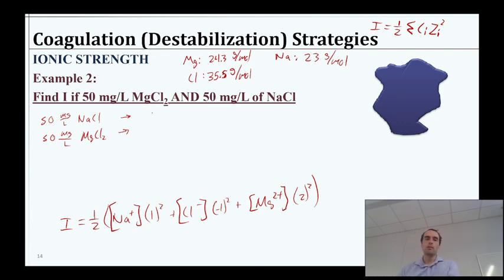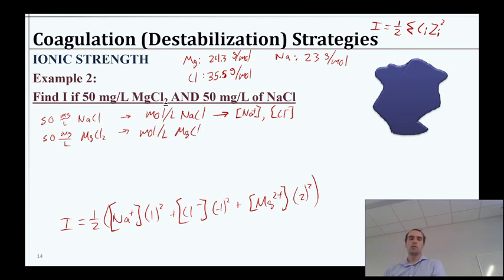And to do that, just like we were saying before, we can get this into moles per liter of NaCl. And since it's a 1-to-1 ratio there, that's going to be the same thing as the Na plus and the Cl minus contributed by that. And so then for this one, we'll have the same deal. We're going to give that moles per liter of MgCl2. That's going to give us moles per liter of Cl minus contributed from there. And I know I'm writing them separate here, so just bear with me for one moment. And then, excuse me, that'd be two of those, two chlorides. I'm just going to write it as chlorides without the concentration. I'm confusing you with just the concentration brackets here, right? So,